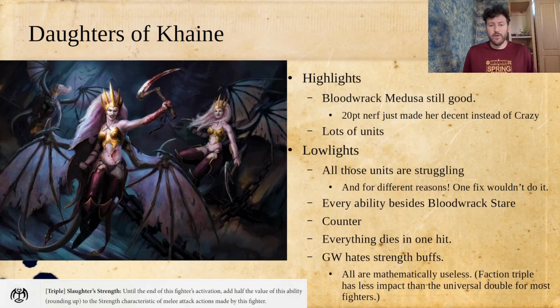So that's kind of where we're at. All of their abilities are a little bit disappointing, other than, of course, Bloodwrack Stare on the Bloodwrack Medusa, which is incredible. But they have these issues where, for example, let's look at Slaughter's strength. I've put that in the bottom corner of the screen right here. Until the end of the fighter's activation, add half the value of this ability to the strength. And in practice, that maths out to being